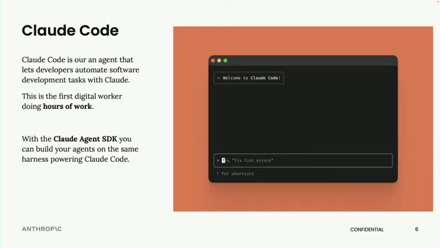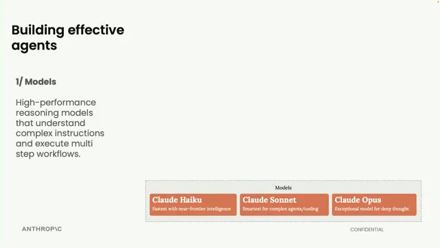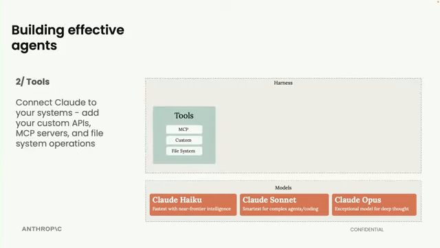basically we found that when we were building agents at Anthropic, we kept rebuilding the same parts over and over again. To give you a sense of what that looks like, of course there are the models to start, and then in the harness you've got tools. That's the first obvious step: let's add some tools to this harness. Later on, we'll give an example of trying to build your own harness from scratch, what that looks like and how challenging it can be. But tools are not just your own custom tools, they might be tools to interact with your file system,